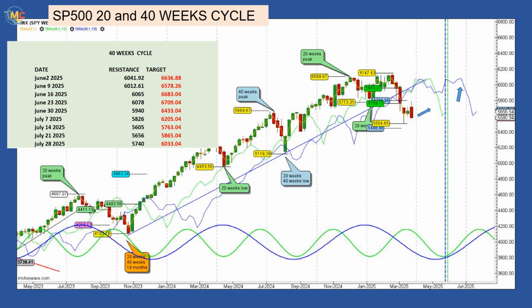Like I mentioned in my previous update, it is very unlikely the S&P 500 will make a new all-time high before the summer. To anticipate a new all-time high, we need the S&P 500 to cross above its 20 and 40-week cycle lines. Just as a reminder, to be a valid signal, the signal is triggered when the median price crosses the cycle line, and not any part of the chart.